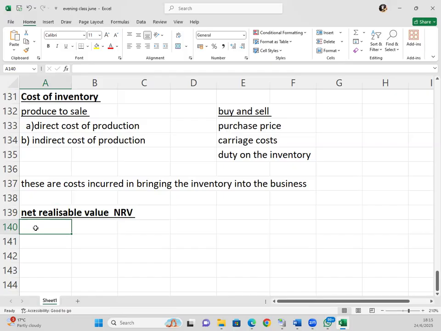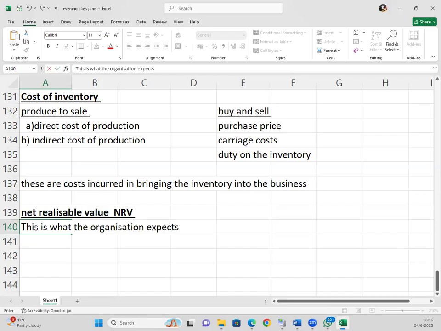What is it that you're expecting to get as our benefit or as our profit? So this is what the organization expects to receive